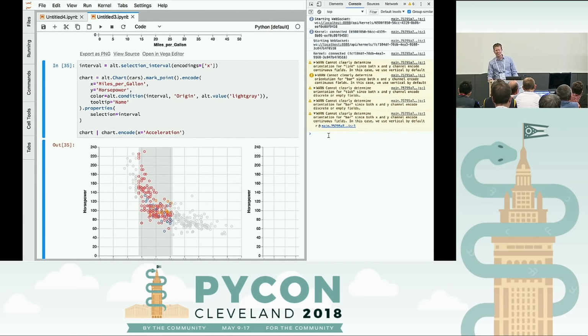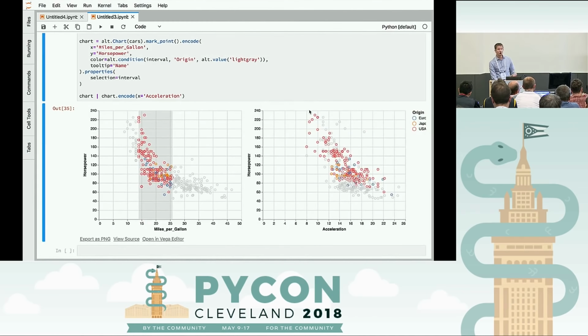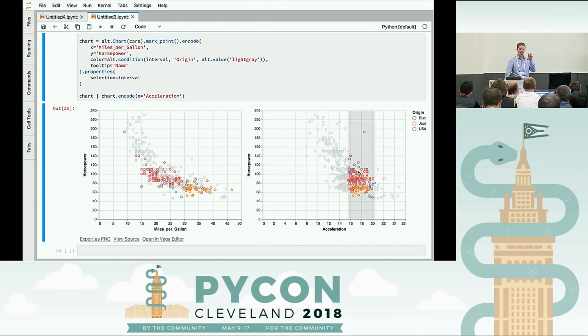So that's something that I'd like to work on in the coming months, as we continue to improve the package. Right now, the visualizations you produce in Altair are purely client side. We're not doing anything interacting with the Python kernel. It's all happening in the JavaScript in your browser window, which means that you can take a chart like this and you can do .save